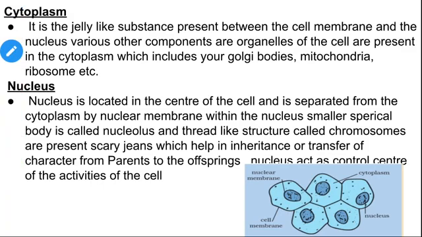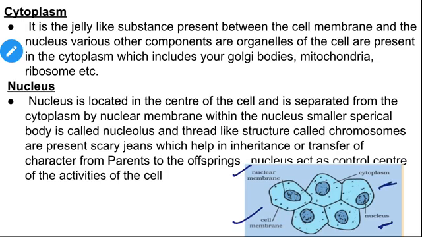Coming to the next topic is about the cytoplasm. Here is the diagrams of the cells. The outer covering is known as the cell membrane, which is present over here, and it separates the cell from one another. Inside the cell there is a presence of nucleus, and the nucleus is also having a membrane known as nuclear membrane. This is the nucleus, and the jelly-like substance is known as your cytoplasm.